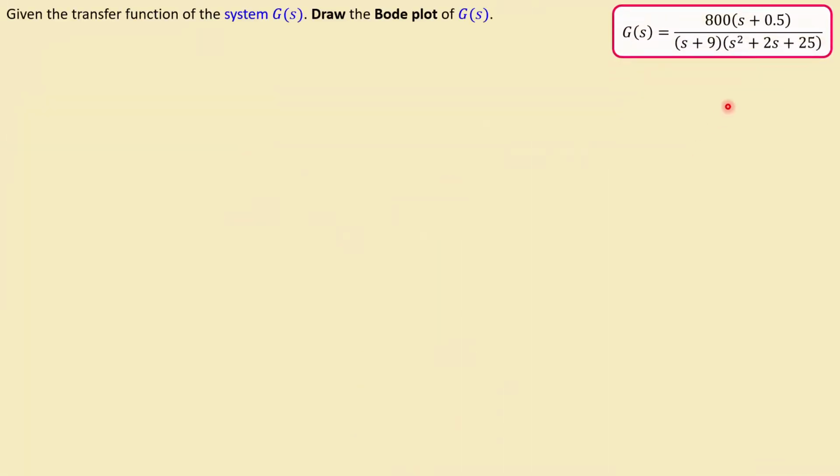We have the following transfer function. This is our system. It's also called the plant. And we would like to draw the Bode plot of this. Now, let's work out the solutions. First step, as we did in the previous example, we rewrite each term normalized to a low frequency gain of